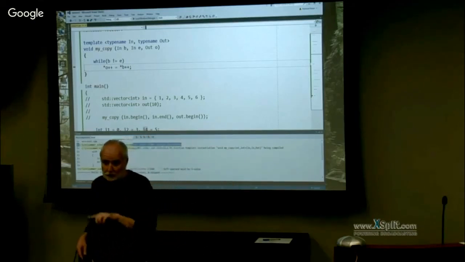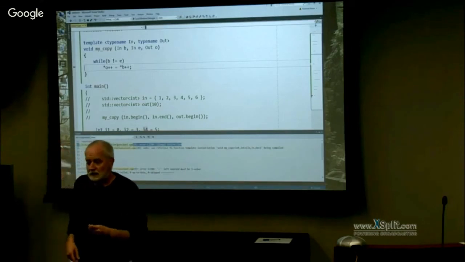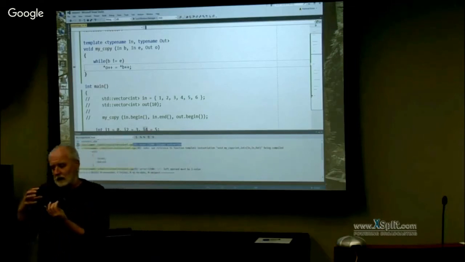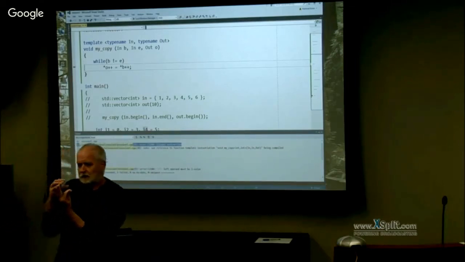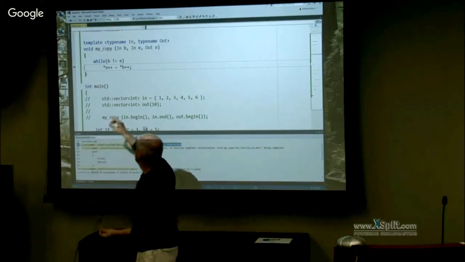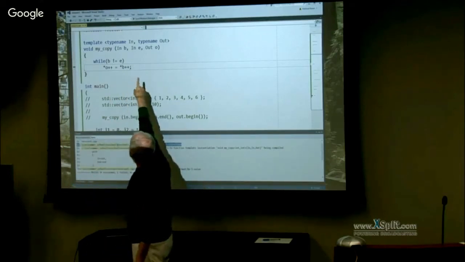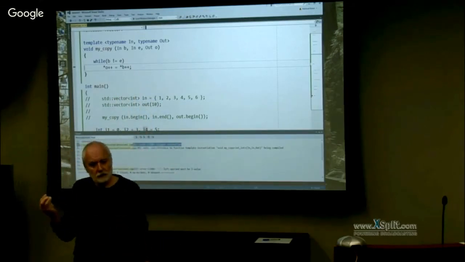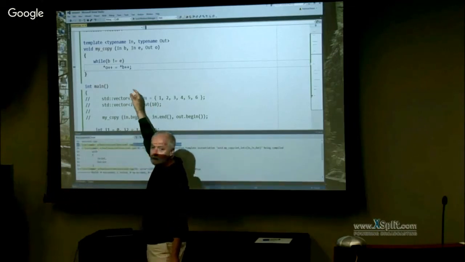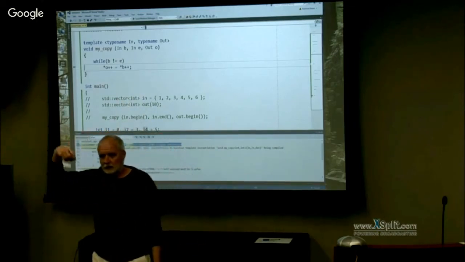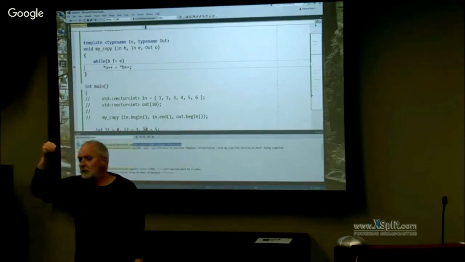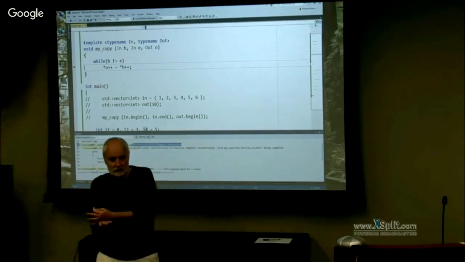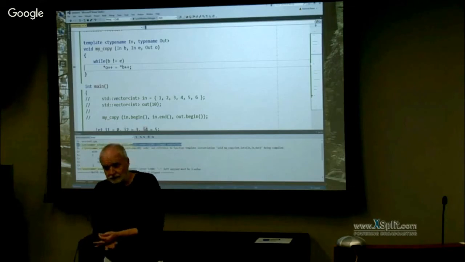Future versions of C++ will help because they will introduce what are called concepts. Concepts are a means of restricting the data type of a template function, so that you could say the first argument has to be an input iterator in order for that function to be usable. That allows the compiler to give you the error message at the top level. If you give it something which is not an input iterator, it will scream loudly on the uppermost level and not on the lowermost level. That will cut down the error message massively.